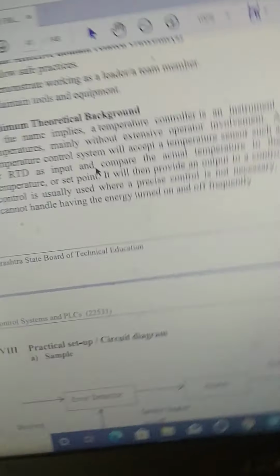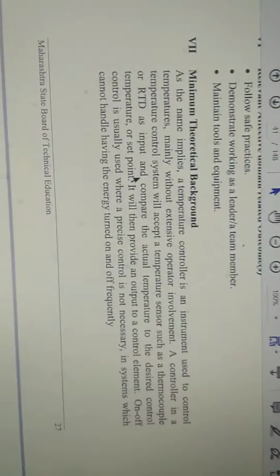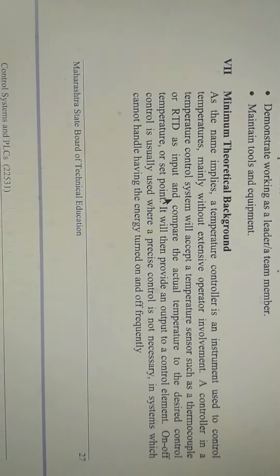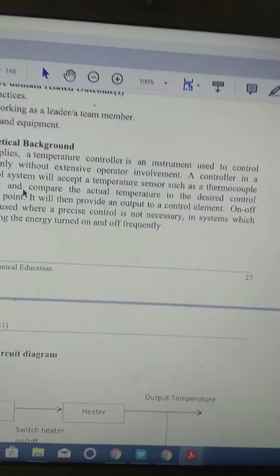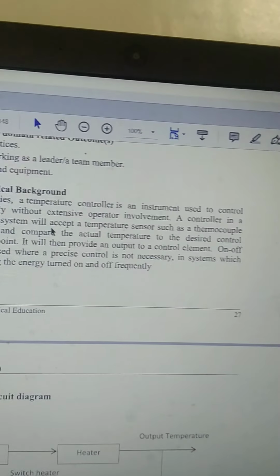This controller will accept the desired value of temperature, and this temperature will be controlled automatically.